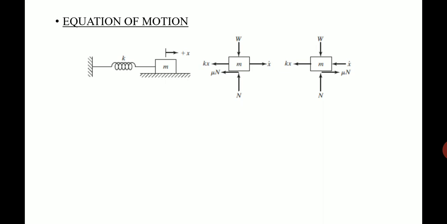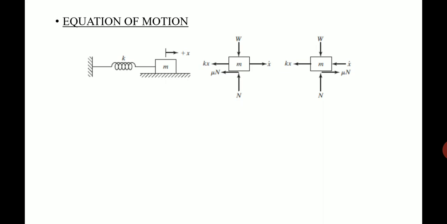So the velocity is directed towards the right side because the body is being pulled towards the right side from the equilibrium position. So the normal reaction is vertical, and the frictional force mu into n is directed at the point of contact in the opposite direction of the applied force. Since the applied force is towards the right side, the frictional force will be towards the left side. So the direction of velocity will always be opposite to that of the frictional force. So that is the first free body diagram.